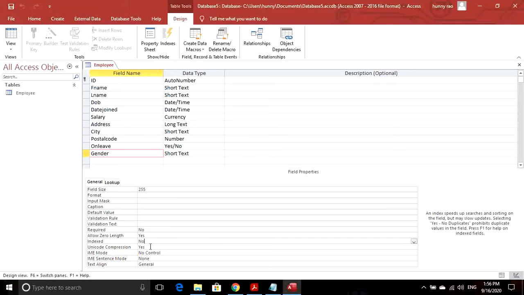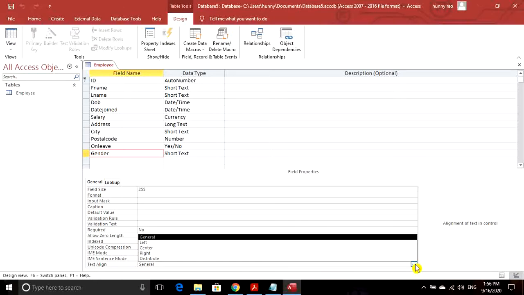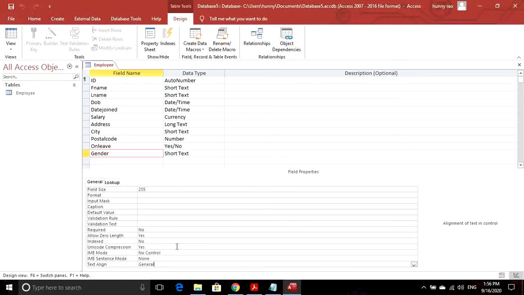Then we have Unicode compression. Unicode compression is to compress the characters, so you will be saving some space in the database. IME mode and IME sentence mode are for complex languages, especially for Asian languages. We will not be using them because we will be working in English. And then text align, it's like in Word when you align your text left, right, center. Okay, so these are the different field properties, and we can set field properties for each field according to the